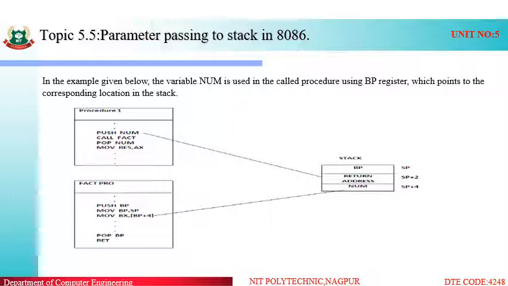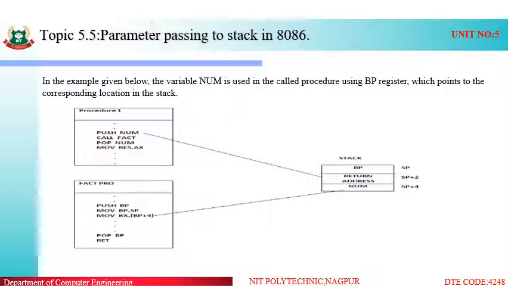Then we are calling the fact procedure. Whenever we push, the number will be stored in the next memory location or the stack top. Stack top means the last memory location of the stack memory.